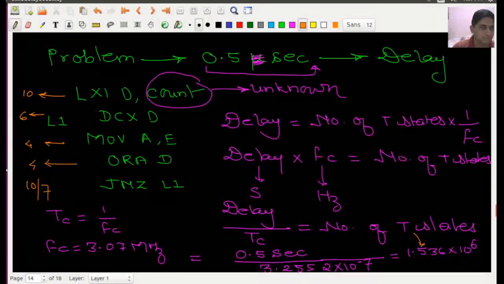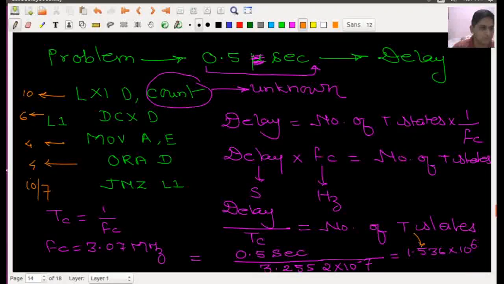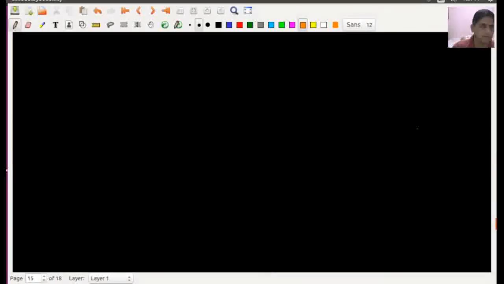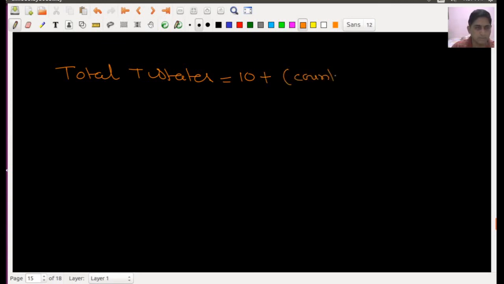So within a loop it will be 6 plus 4, 10, 14, 24, 24. So I will write down that total t states can be given as 10 plus the count value decremented by 1 into 24, plus, in the last time it is running, 21 times.